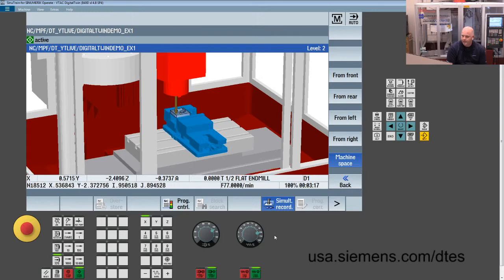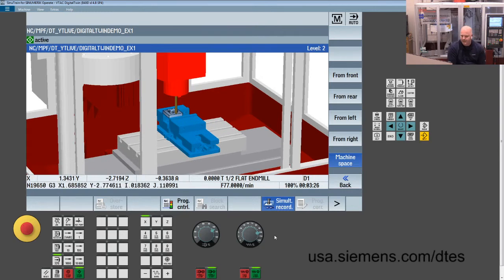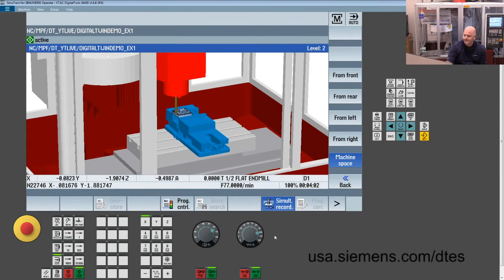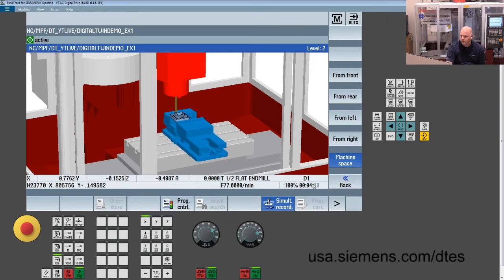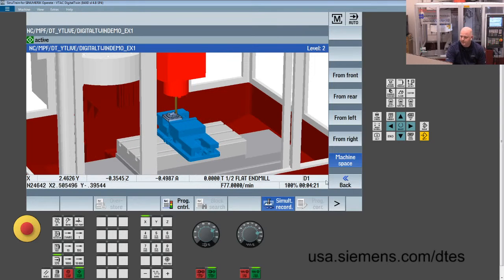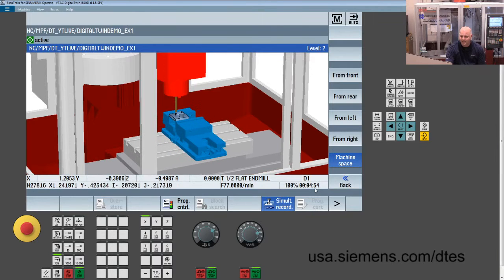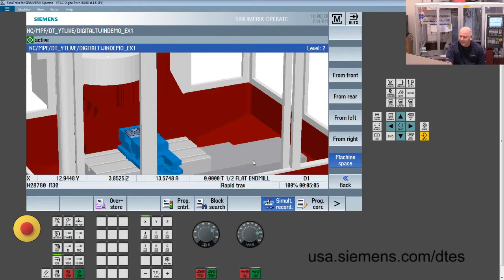So we finished running. It's probably got about one more pass after this. So now she's coming down to the final pass. And I can start to see my cycle time here. And I can notice that I just exceeded my 4 minutes and 19 seconds. I exceeded it because at the end of the day,